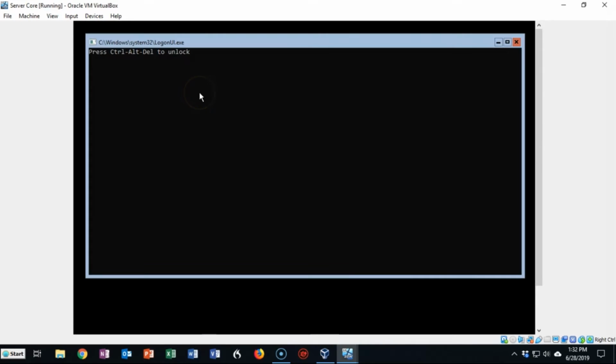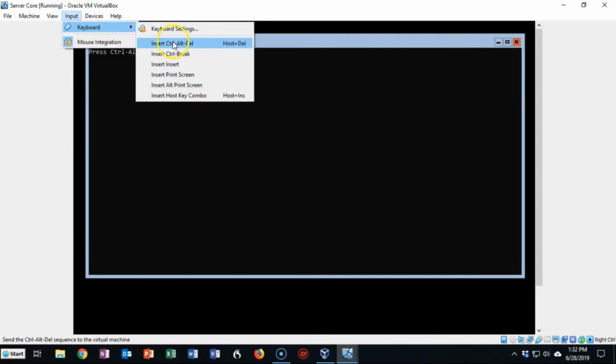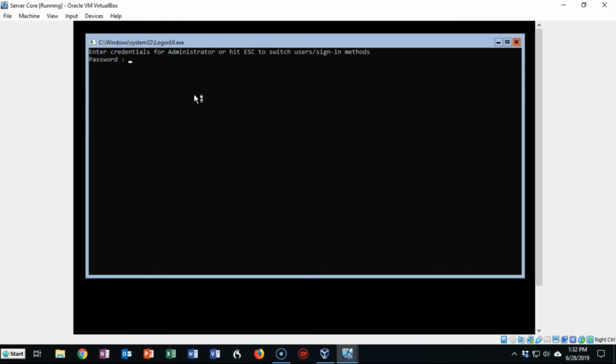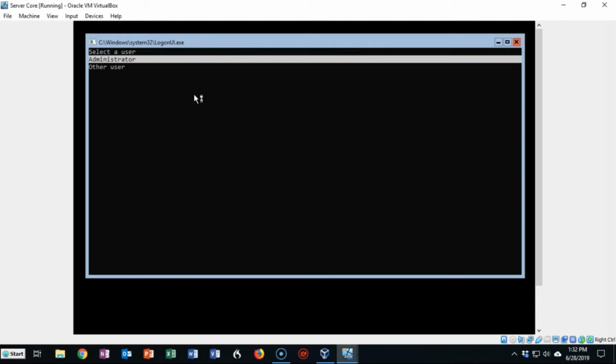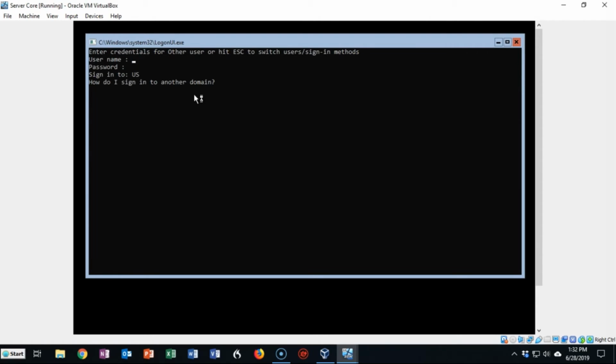My Server Core is back up, and we're going to go ahead and send over that Control-Alt-Delete one more time. So here's the thing. We have joined this machine to the domain. If I want to promote this to a domain controller, I must log on to the domain. I cannot log on locally. So we're going to have to switch users. To do this, I'm going to hit escape, and now I'm going to select other user, hit enter, and it